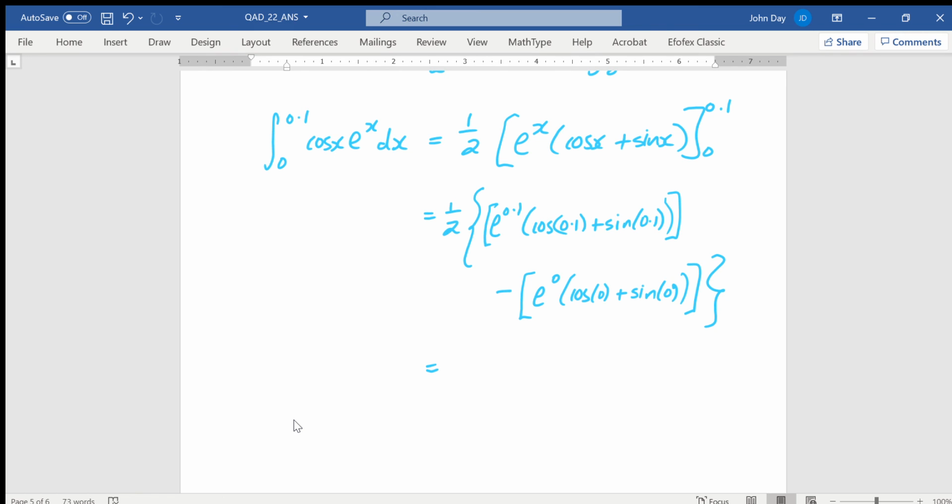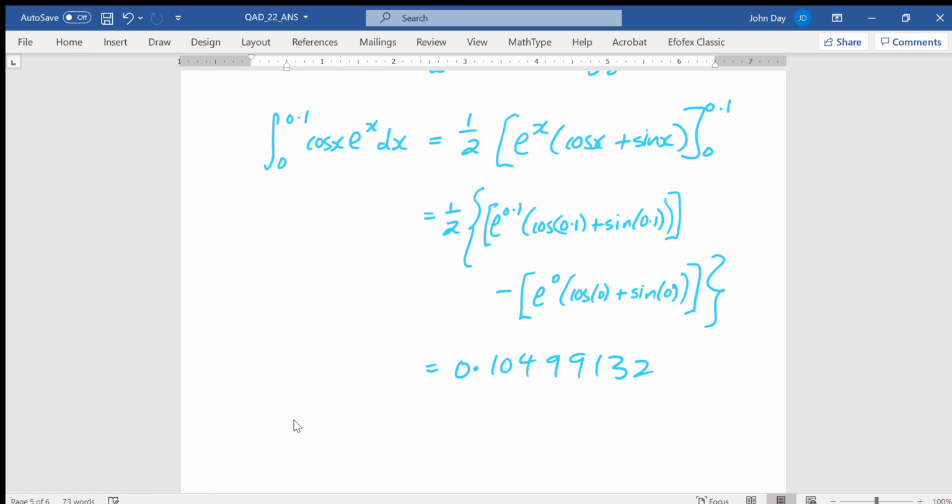And I go e to the 0.1 times cos of 0.1 plus sine of 0.1 equals, minus, now e to the 0 is 1, sine of 0 is 0, so this is just minus 1. It's that, and then times that all by 0.5. And I'll get